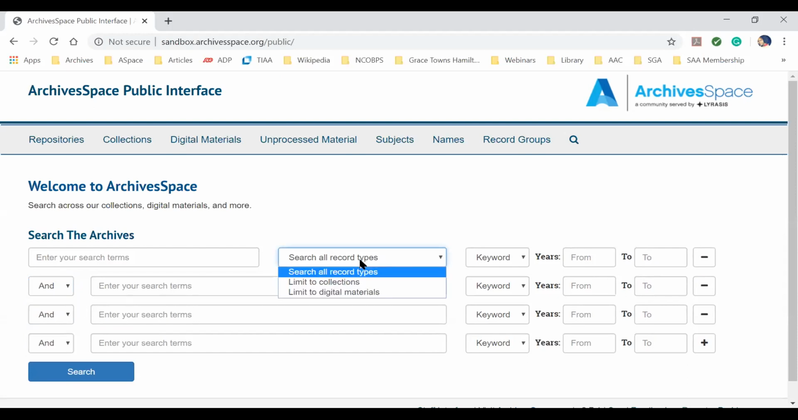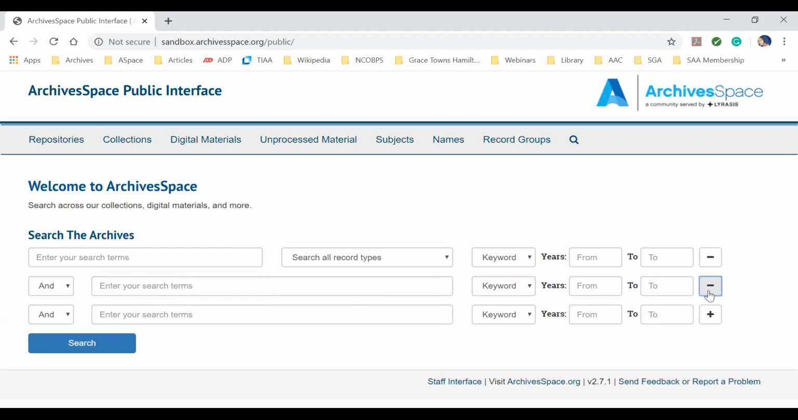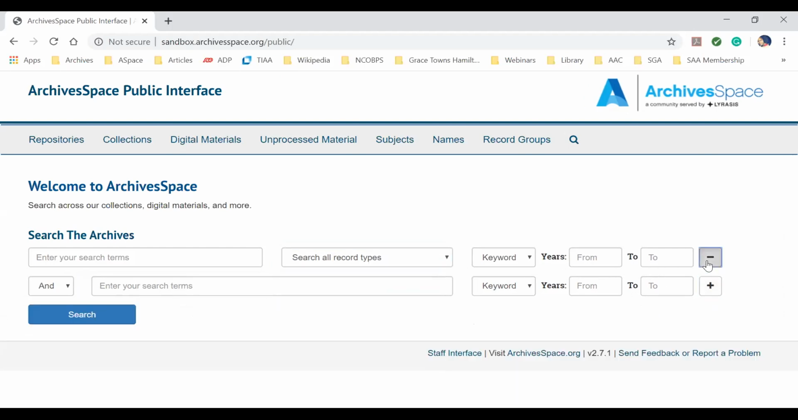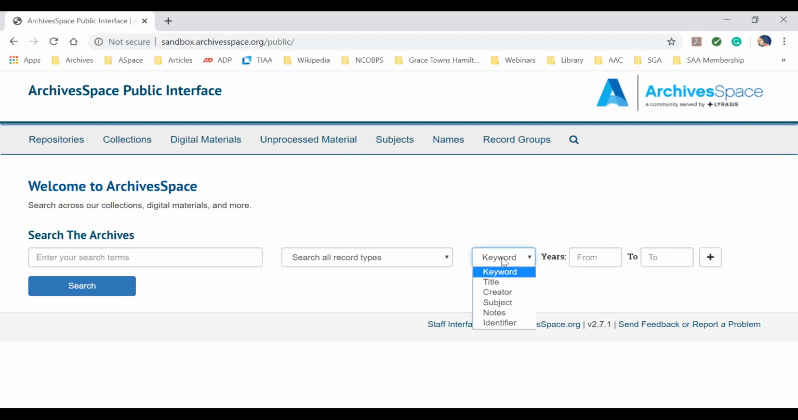And they can search by just collections or limit to digital material. They can also delete these if they don't want them. And they can change this from keyword to title, creator, subject, notes, and identifier. And they can add years. So in the box, they can search with quotations